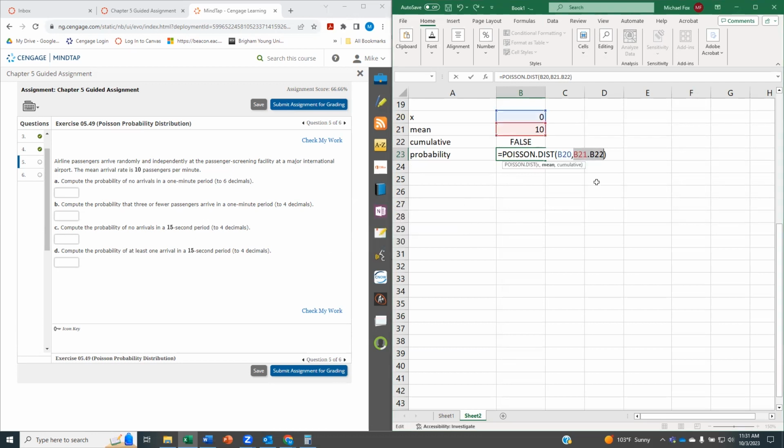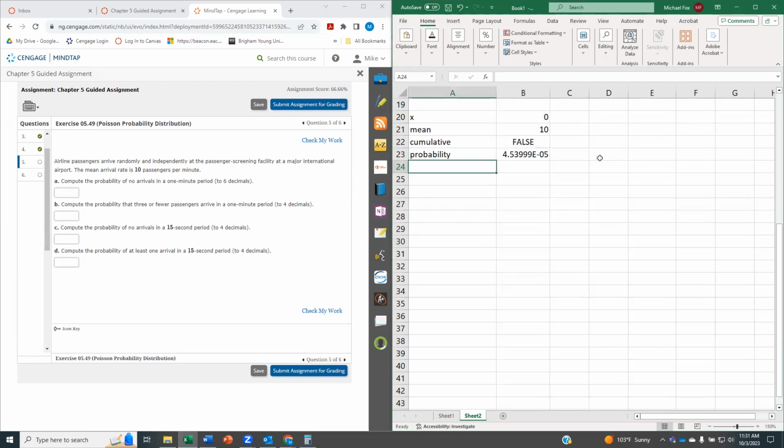Oh, I didn't hit a comma, I hit a period. All right, so that's 4.53999 times 10 to the 5th. This says to do it to 6 decimals. So that means if we, let's take it off of exponent and just have it show us. So to 6 decimals, that's